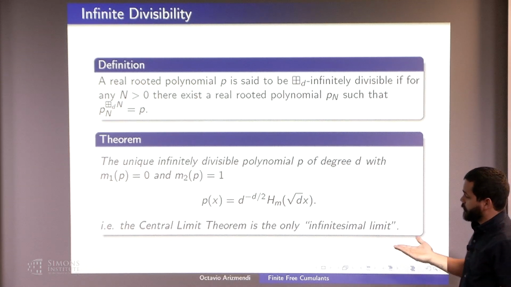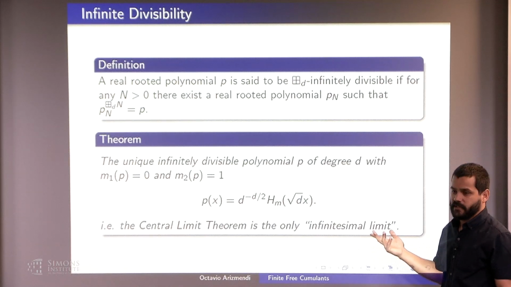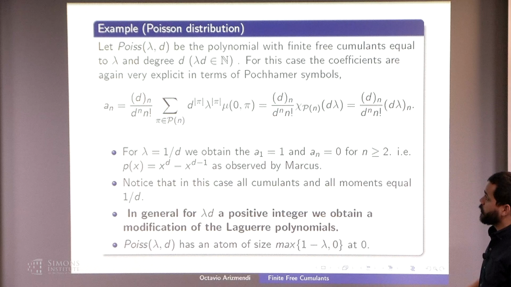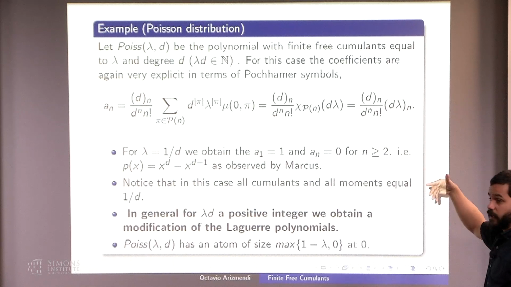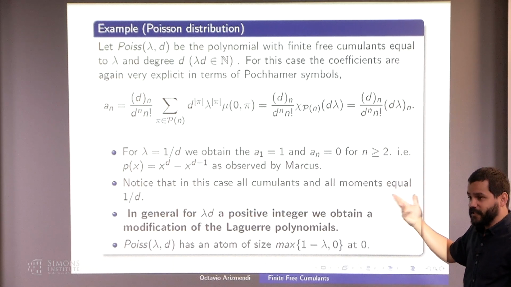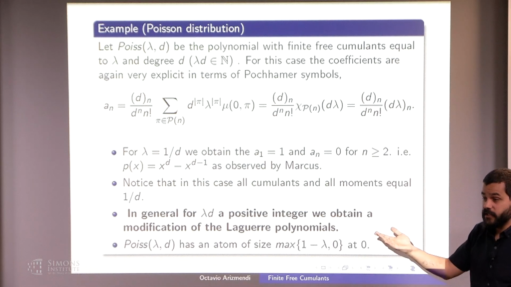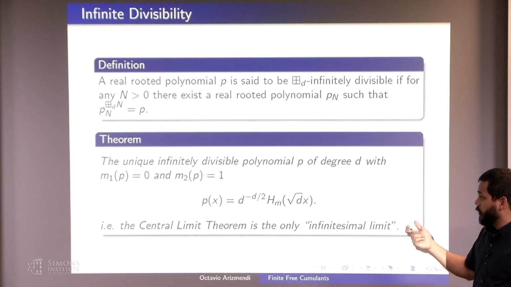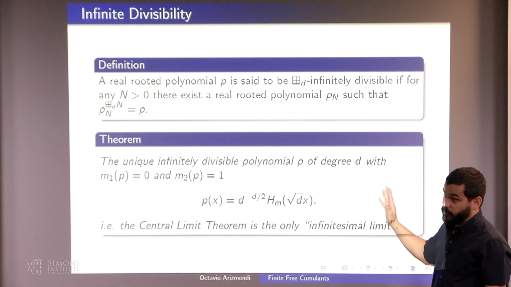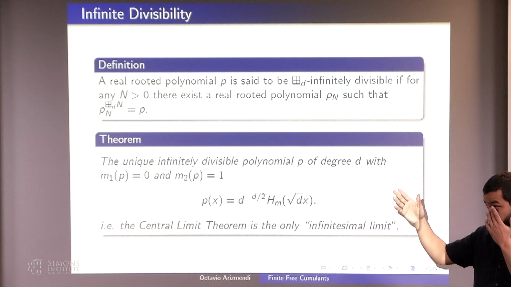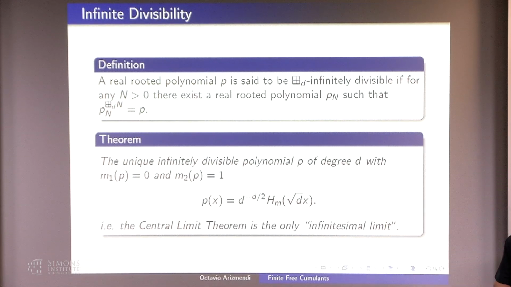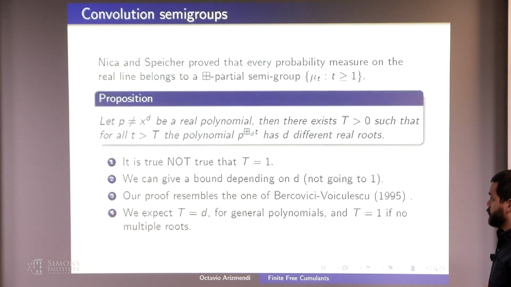After some reflection, what happens is that you cannot make many infinitesimal limits. So how does one get, for example, the Poisson distribution? The Poisson distribution is the limit of the law of small numbers. But we cannot make this kind of law in finite free convolution, because polynomials do have at least 1 over d in each atom. For a law of small numbers, we would need 1 over n for n very large. So this is a little bit disappointing, but this is what it is.